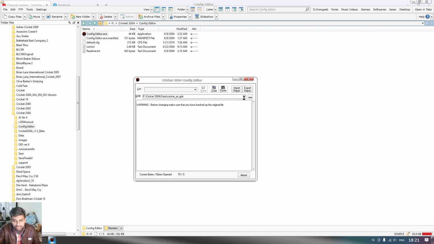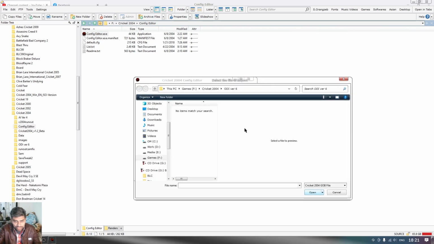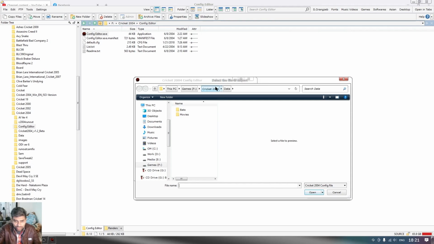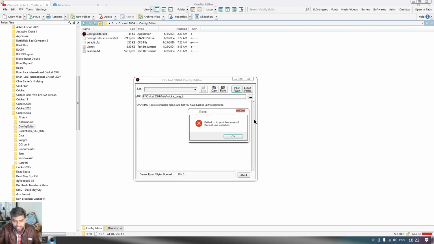So this file can be found within your Cricket 2004 directory, and if I go to the data folder in the Cricket 2004 installation, you can find this file here. So you just need to open this file here, and then you can click the import patch button and select any of the CFG or configuration patch, and then you just need to